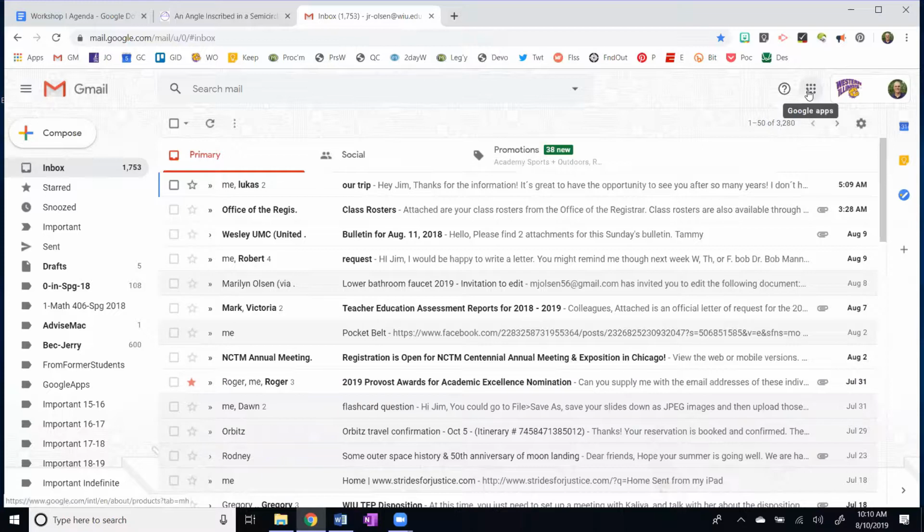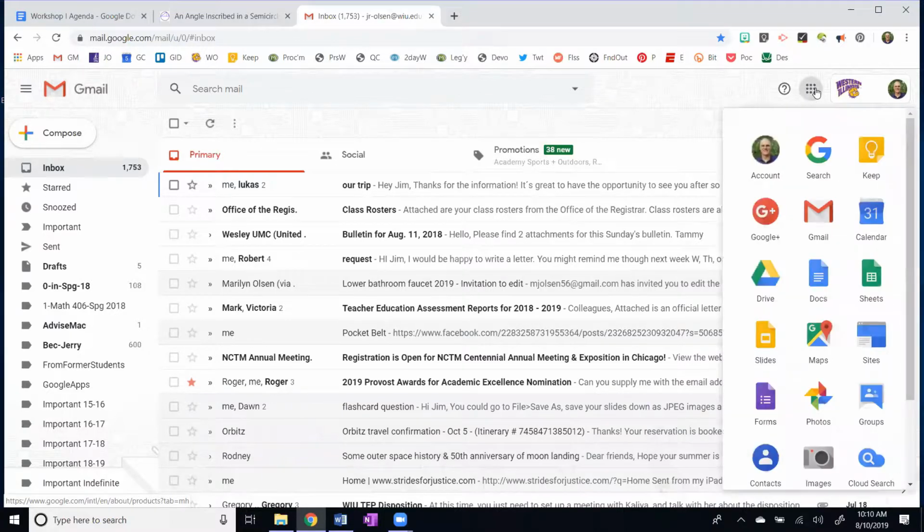When you're in Google, up here in the upper right-hand corner, I call it the waffle iron menu. It's a 3x3 dots. It's a Google Apps. Let's go ahead and click that. And here are the Google tools. I could go to Gmail. I could go to my calendar. Right here is Google Drive. Okay, so go ahead and hit Google Drive.